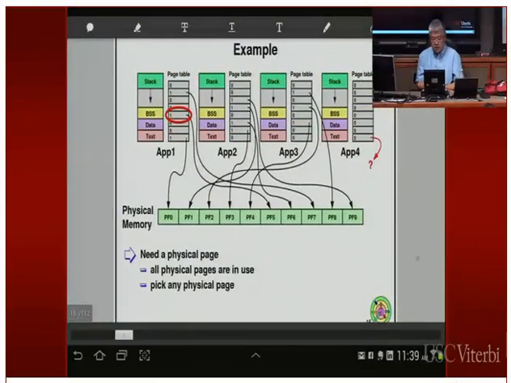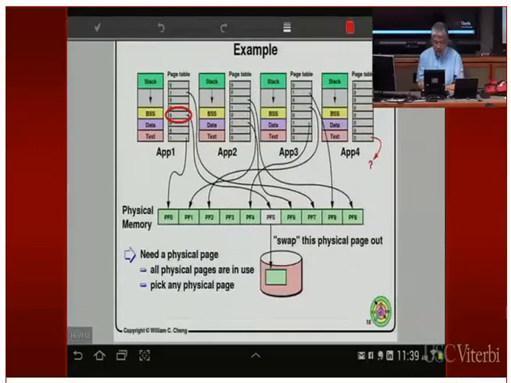In that case, you trap into the operating system because of validity bit equal to 0. You don't have a free page frame, so you need to find a page frame to swap out. I use the term swap out because you swap it out to the disk, since later on you'll be able to swap it back in. You look up the kernel data structure to find the backing store for this particular page frame. In this example, page frame number 5 has a backing store sitting on the disk.